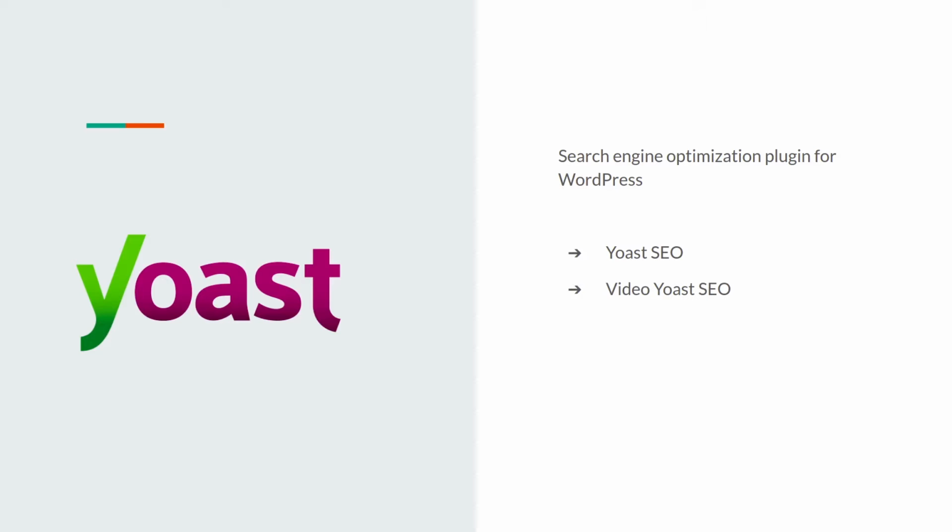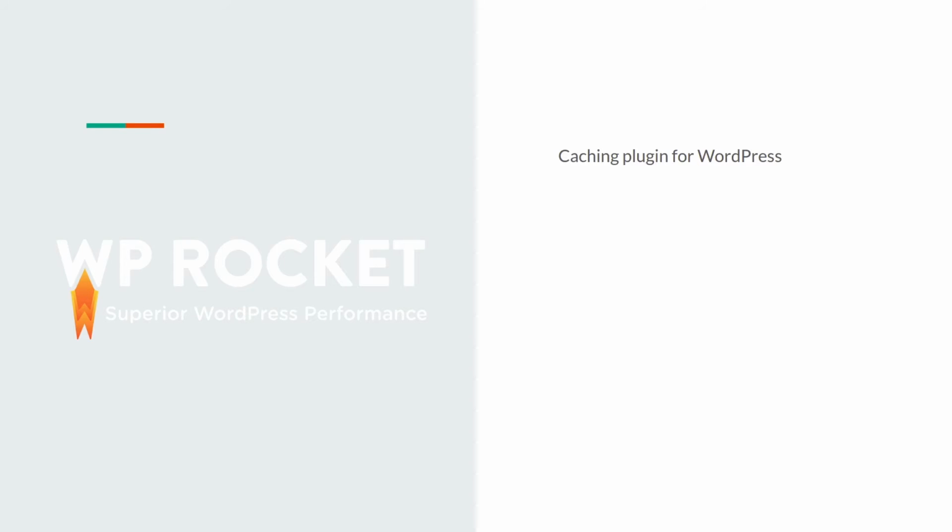Also, we have Video SEO from Yoast, which helps with the findability of our videos, showing our videos in Google and enhancing the experience of sharing posts and so on. Then, News SEO, which helps us to add stock ticker information and indicate the genre of the articles. And the last one, we have Local SEO, which helps us with local search results and Google Maps results and so on. Next, we are going to WP Rocket. Alright, so WP Rocket is a caching plugin for WordPress.